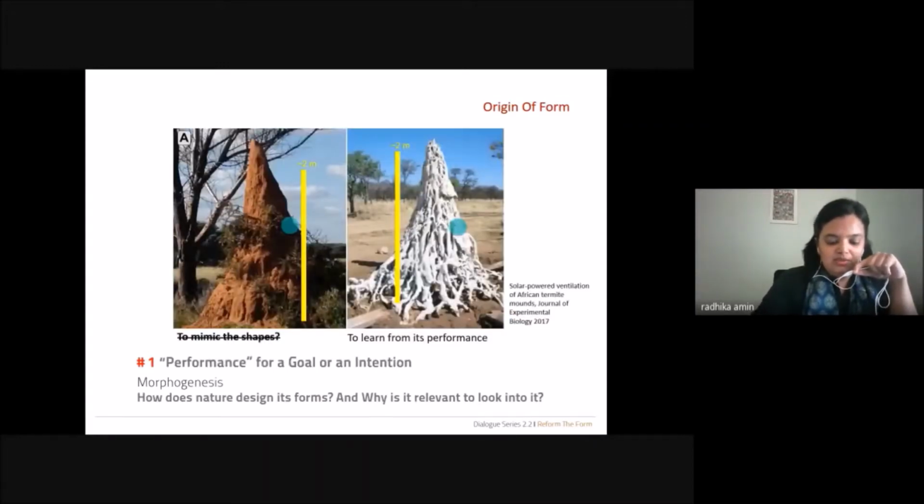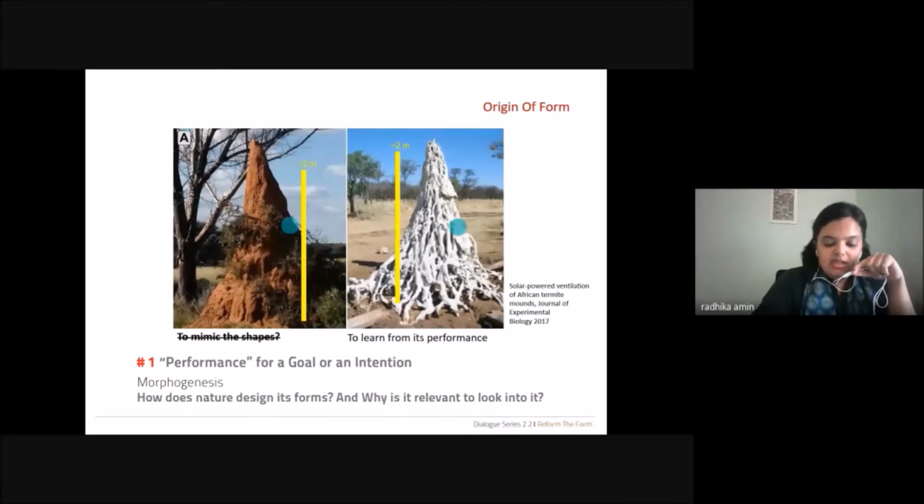If you see the image on the right, it is a gypsum cast of the hollow space within a mound. It shows the structure and nature of porosity they possess. These are tall chimneys which let the mound ventilate itself well. Not looking too much into the design because that requires a different discussion in itself.